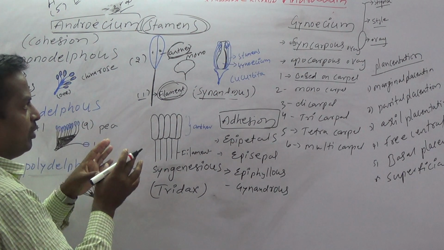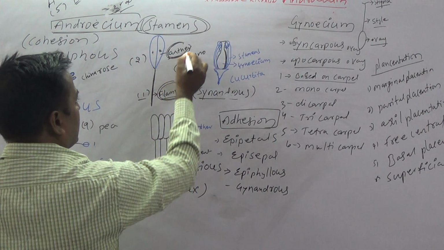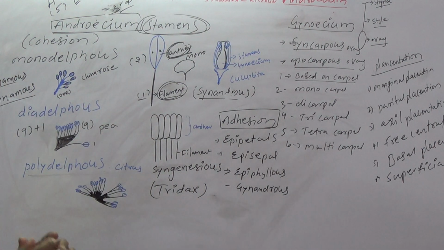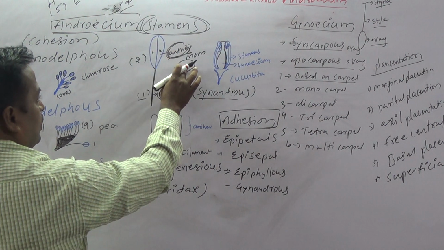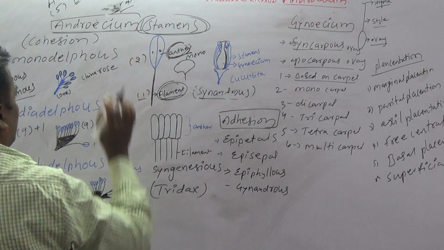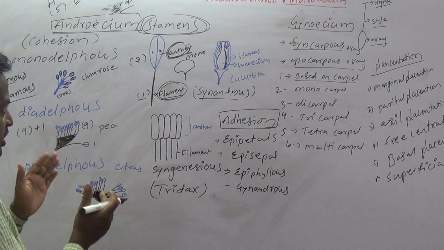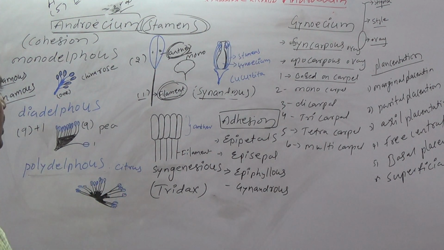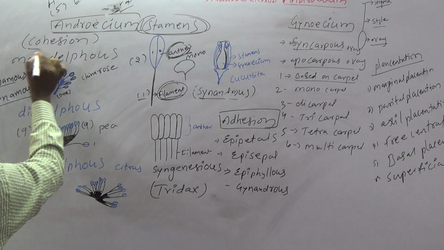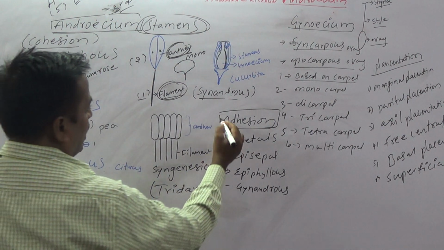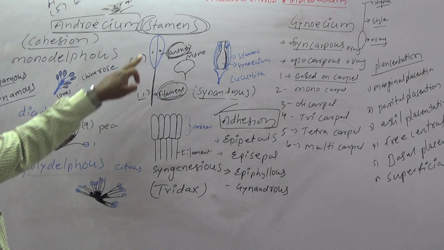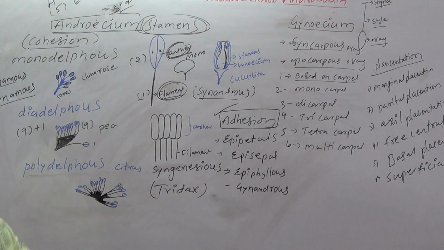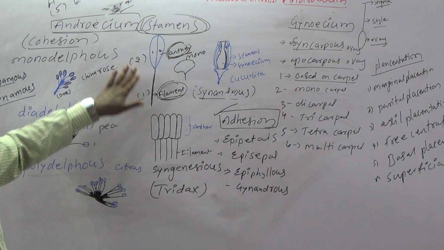So the anther is the fertile part because pollen gets released from the anther. This is monothecous. Now this is diathecous. China rose, datura. Then based on the relation of stamens, the staminal parts, there are 2 types: cohesion and the second relation is adhesion. First we discuss cohesion. Cohesion is when the staminal parts like anthers and filaments are united. Either anthers or filaments are united.